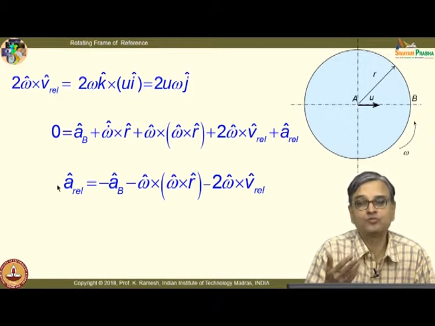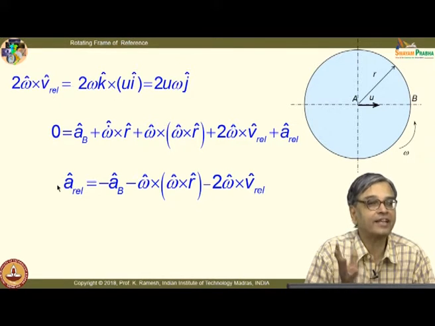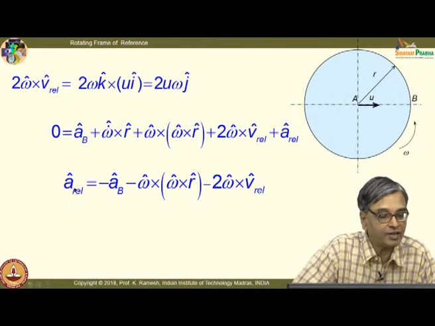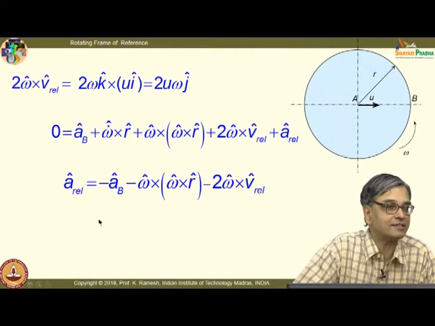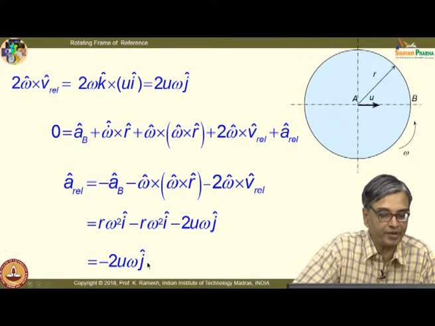And we will soon relate it, people sitting on earth, it is a rotating frame of reference, not a fixed frame of reference. We have all along discussed, when I say A rel or V rel, I said the quantity that you measure from the rotating frame of reference xyz, small xyz. So, that is the expression you have, and you already have A b, and this quantity, they cancel each other. So, I essentially get this as 2 u omega j.